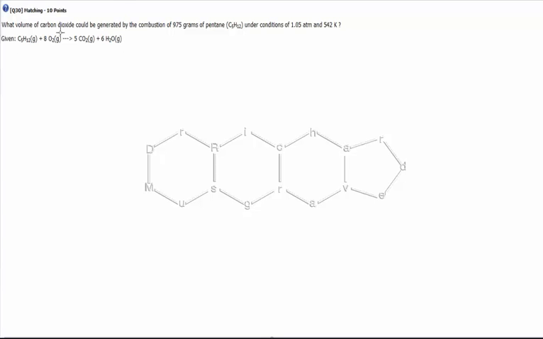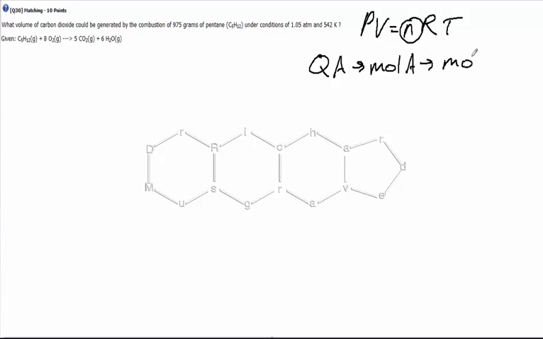What volume of carbon dioxide could be generated by combustion of 975 grams of pentane under conditions of 1.05 atmospheres, 542 Kelvin? Now in order to get the volume here, we're going to have to use PV equals nRT, which means we'll need a certain number of moles of CO2. Now to get that, we'll do a little bit of stoichiometry, and this is my modified flowchart,